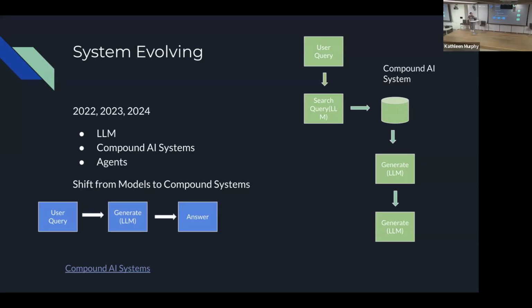If you look at the diagram on the bottom right, that's the very basic large language model system. You send a query, and the large language model generates the answer based on your prompt.